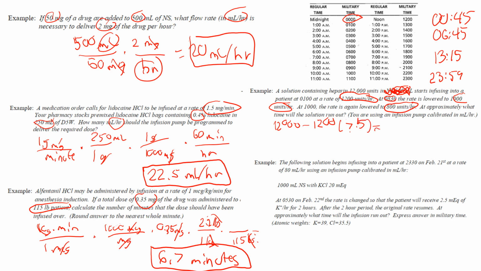And when we do that, 12,000 minus 1,200 times 7.5, we get that there are 3,000 units left. 3,000. So now we do the same thing. So we do, instead of 12,000, 3,000 minus, now our rate is 1,000